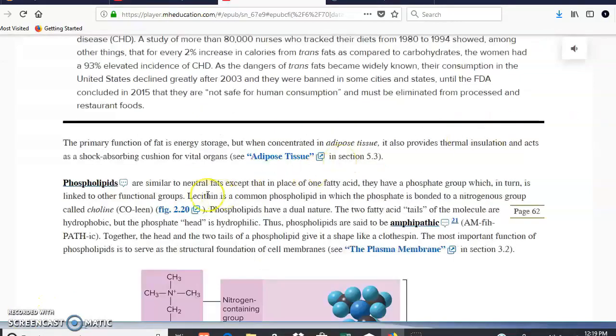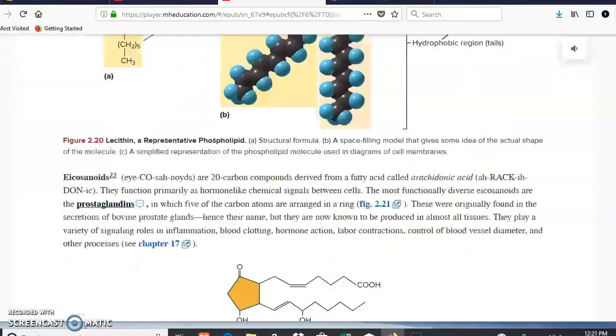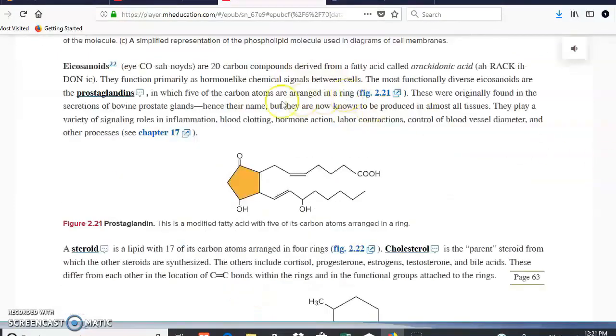Something that we need to cover is going to be phospholipids. You have glycerol, fatty acids, phosphate. Okay, so then what is this? A phosphate lipid, which is a very important component of your cell membrane. Keep scrolling down. We have in here eicosanoids, which come from a fatty acid called arachidonic acid, as you can see right here. It's very important because from there you're going to get prostaglandins, which are a very important substance in our body that you're going to learn later on.